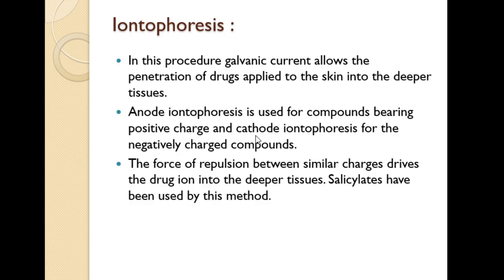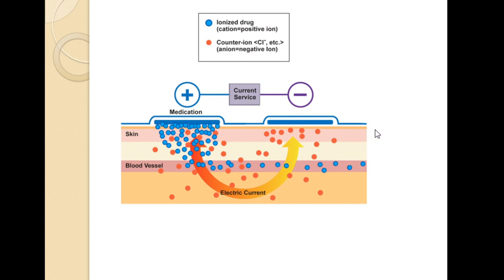Next is iontophoresis. In this method, we use galvanic current for the penetration of drug applied to the skin into the deeper tissue. So you can see here, because same charges repel, we will apply the drug on the skin, then we will apply the same current, that is positive charge. Because of the positive charge, same charges repel and the drug will go into the skin and reach the blood circulation and